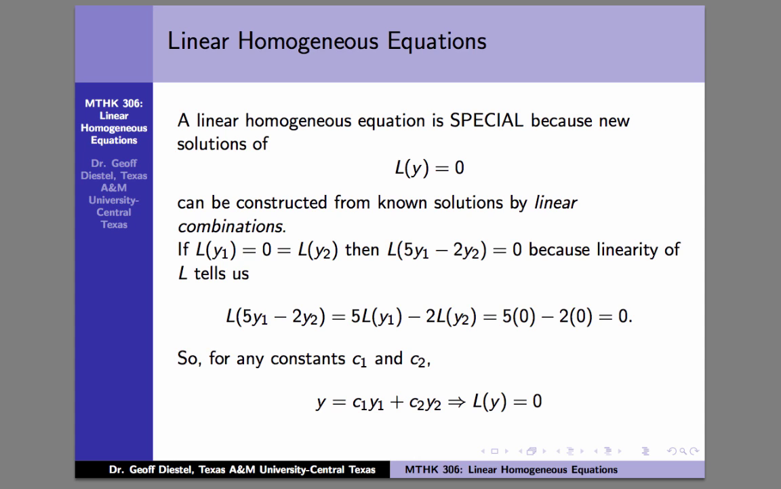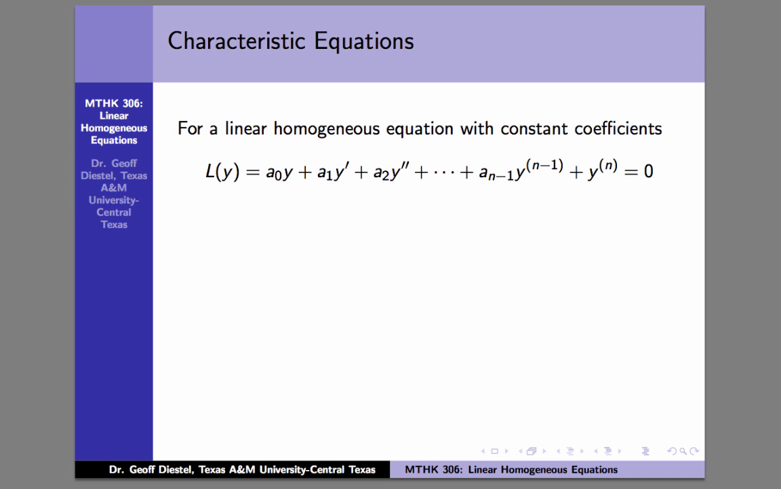You can't add solutions together, because if you add solutions together, you're going to get a multiple of the right-hand side, and that's not equal to the right-hand side, but a multiple of 0 is still 0. So that's why this works for the homogeneous equation. So the main observation that we're going to make